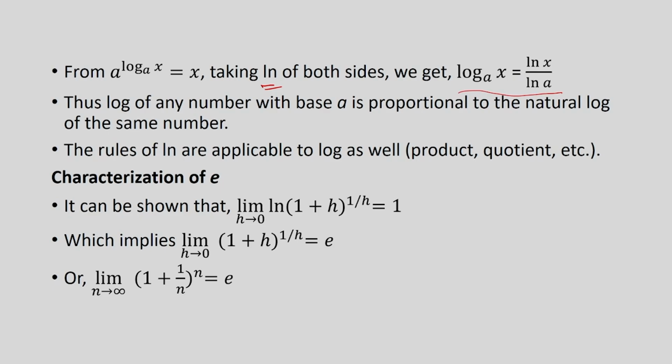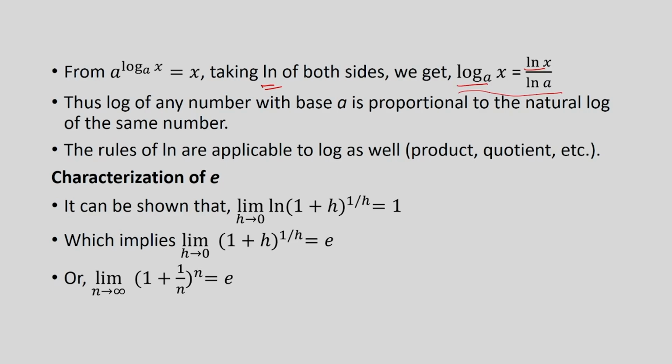Thus, log of any number with base a is proportional to the natural log of the same number, because this is equal to log of x multiplied by 1 divided by natural log of a. So, it is proportional to natural log of x. And rules for natural log are applicable for log in general as well, that is the product rule, quotient rule,